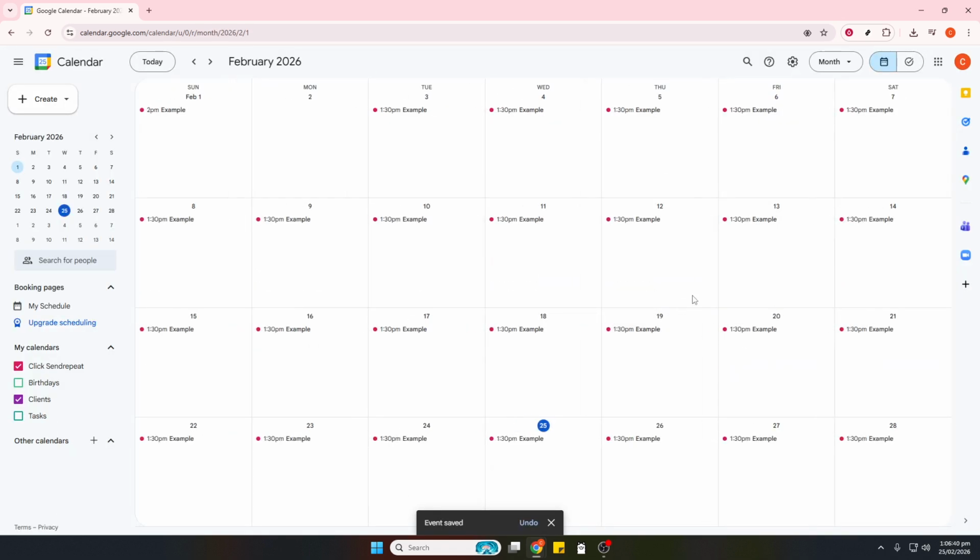Finally, use event descriptions wisely. Add the meeting agenda, quick notes, relevant links like Zoom or Google Docs, and a simple checklist. Keeping details inside the event means you show up prepared and avoid digging through emails. Follow these steps, and your calendar becomes a clear,